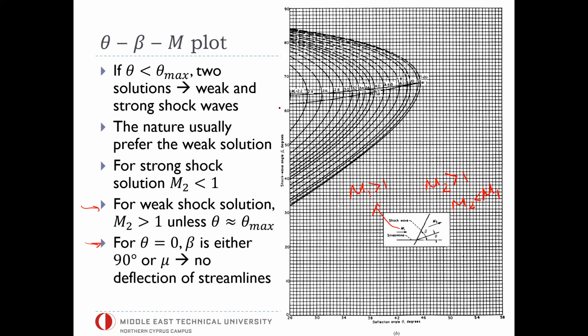Losses and the entropy generation, losses of what? For example, stagnation pressure loss. That is going to be less across an oblique shock wave, because it is weaker than a normal shock wave. So this means that, as we talked about with aircraft inlets and intakes, and the need for us to slow down the flow to a reasonably subsonic Mach number right in front of an aircraft engine inside the fuselage,